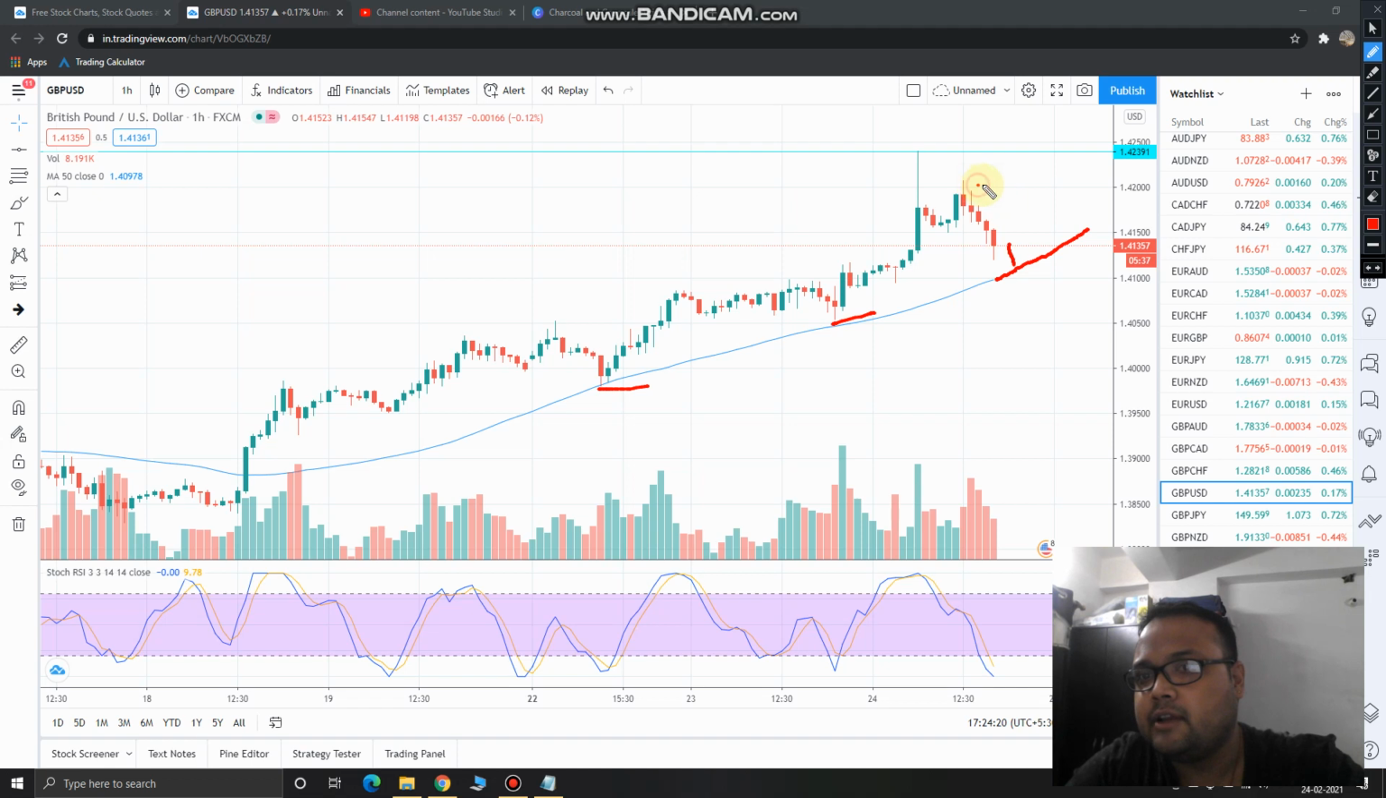Your first target will be this, and your second target will be this. This will be a safe target, 1.4200. Okay, this will be your second target. And in case you see some action in this area, and if it successfully breaks this particular level, 1.42391, you can see on the screen, okay, this level. If market successfully breaks this particular level and crosses this level,